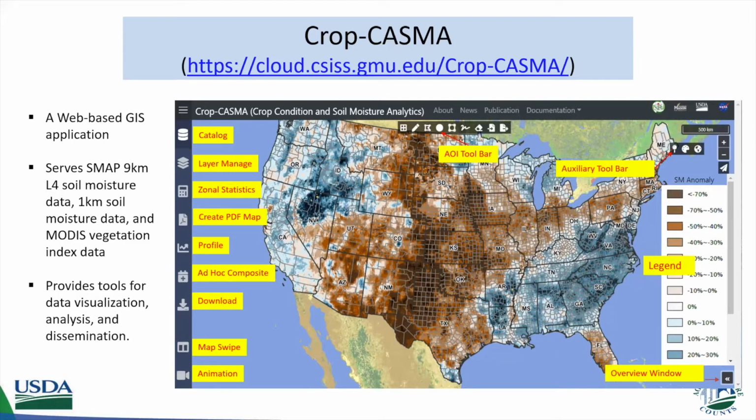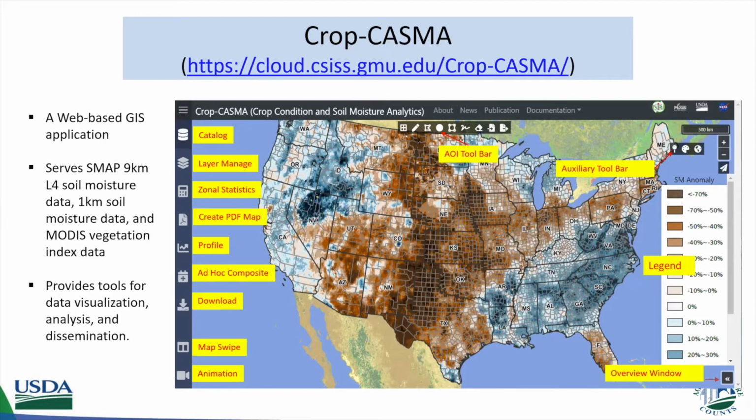And beyond that, we also serve MODIS-based vegetation index data. This application also provides a set of tools for analysis, visualization, data manipulation, and also data dissemination. We also have a toolset that lets you set a region of interest for analysis, and we have ancillary data so that you can mask out the non-crop area and focus on the crop area